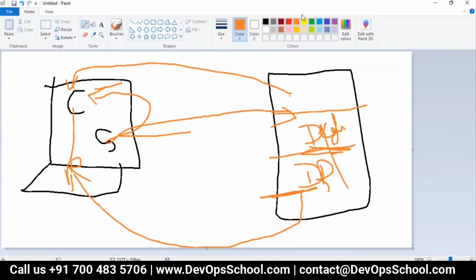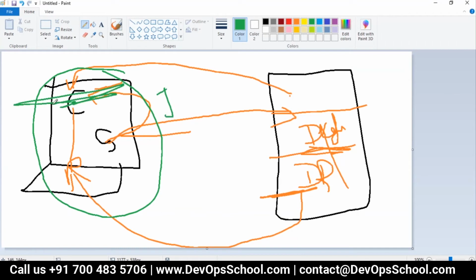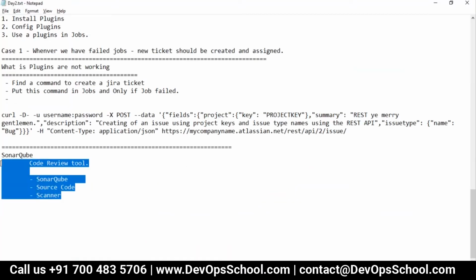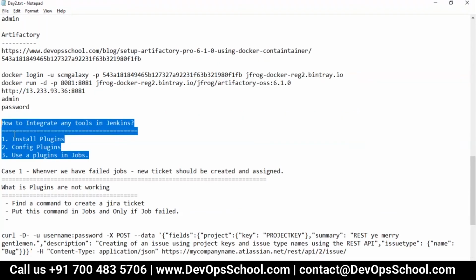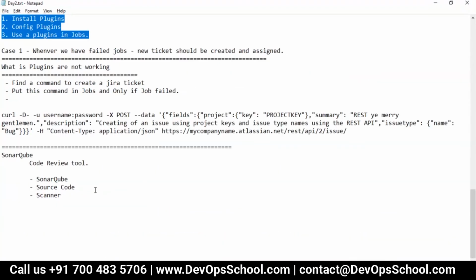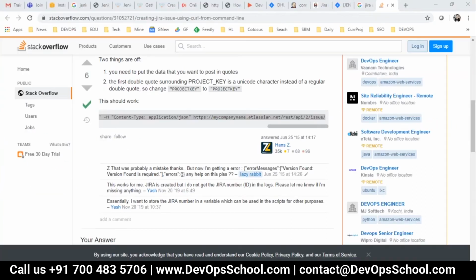Now this laptop, for us, will become a Jenkins server. So in a Jenkins server you should have code, you should have scanner. SonarQube server is already up and running at a certain location. Okay, so now what do we do? Same thing, nothing else. But before that I need to have a code.